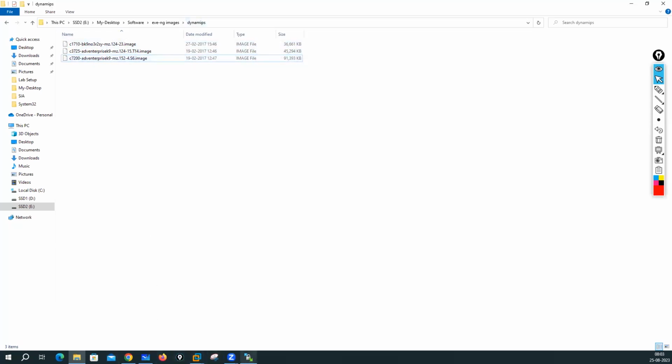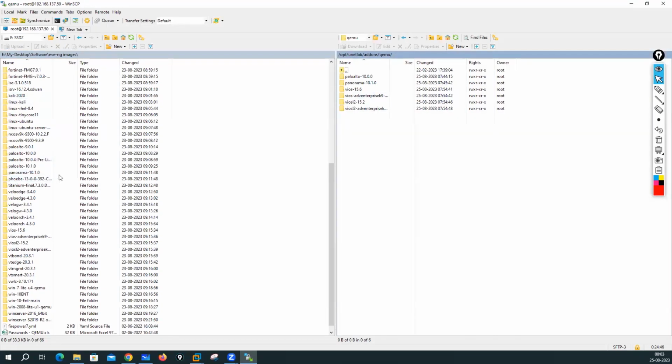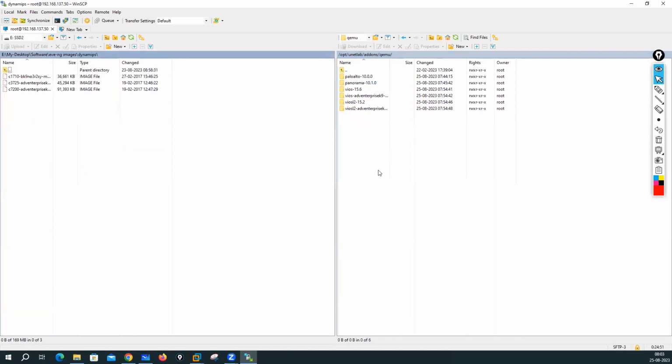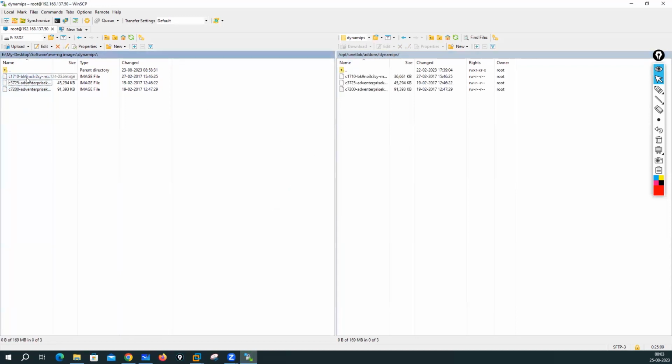So guys, if you want to upload these Dynamips images, we don't need to upload them into this folder. We have to go back one step, into this add-on. So you have to click on add-on. We have this Dynamips folder here. In this particular Dynamips folder, you need to upload all your images for routers: the C1700 series, then the 3525 series, then the 7200 series. See, I have uploaded all of them. Now I'll click on add-ons,